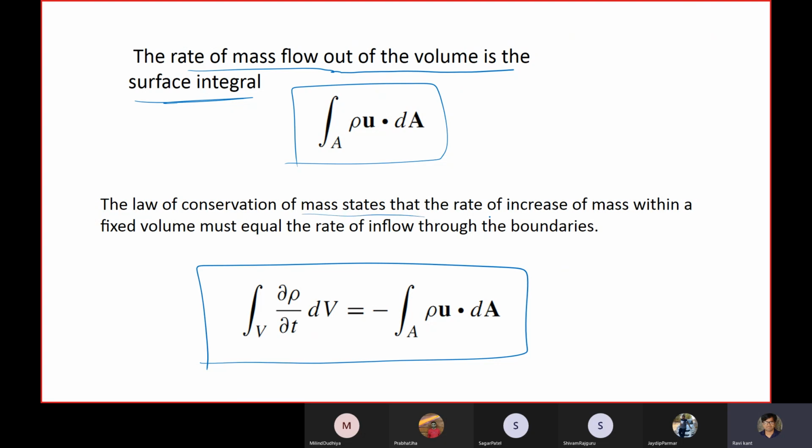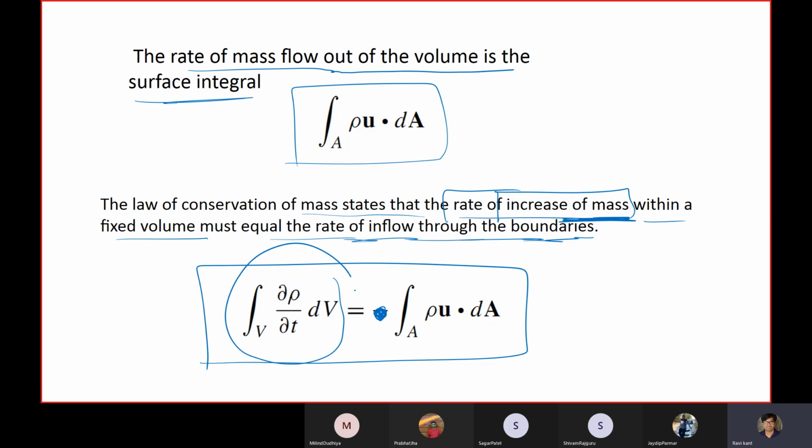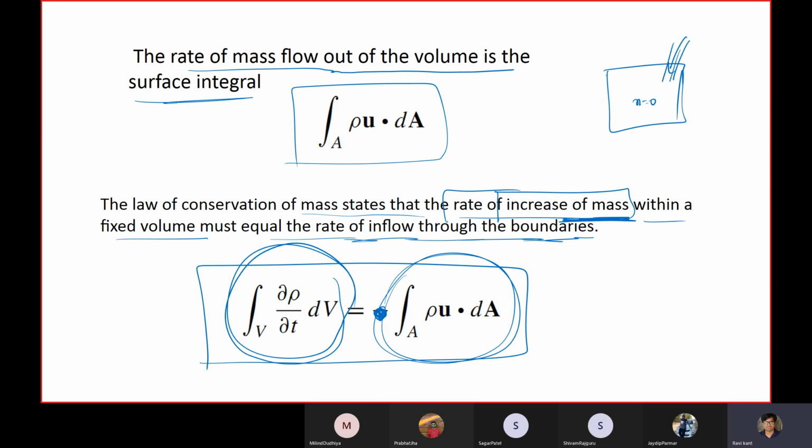The law of conservation of mass states that the rate of increase of mass inside a container or a beaker within a fixed volume must be equal to the rate of inflow or outflow. Don't worry about the sign right now, but the rate of change of mass must be equal to the inflow and outflow associated with it. That's for sure. Whatever tank you have, you are going to fill it; otherwise mass is zero initially and you are filling it. So whatever mass flow you are filling it with will be the increase of